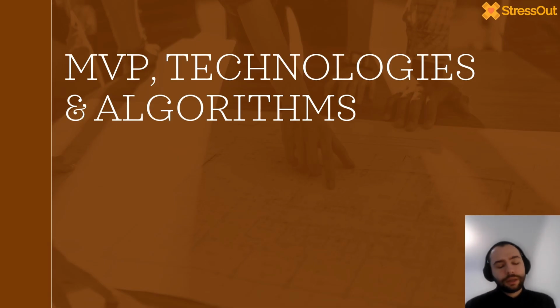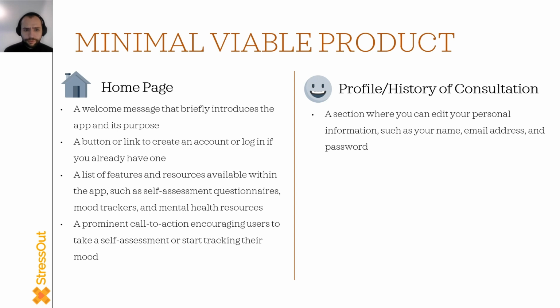So let's look at the MVPs and the technologies in use. Our minimal viable product will have a homepage with a welcome message that briefly introduces the app and its purpose, a button or link to create an account or log in if you already have one, a list of features and resources available within the app, and a prominent call to action encouraging users to take a self-assessment or start tracking